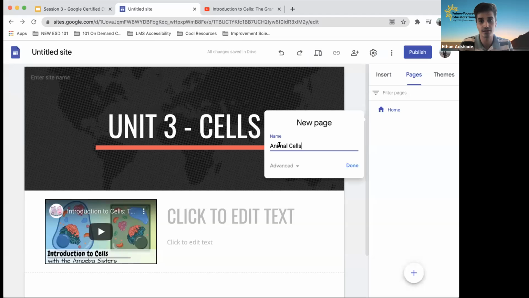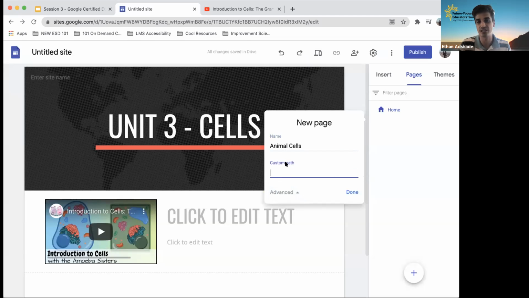Control copy, control paste, animal cells. There we are. In this advanced section, I can go to a custom path. It won't ask you to do that, but again, it could do animal cells. So we could have a page name, animal cells, and then we could say I want this to go to my Google Classroom